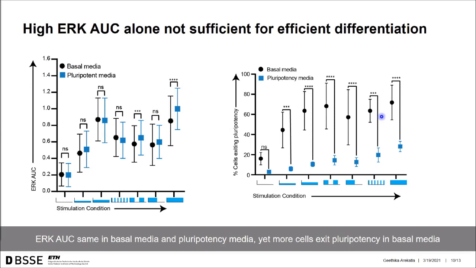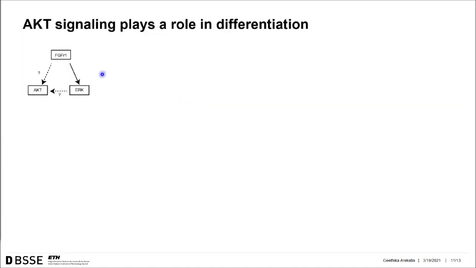So from this, what we concluded was that, okay, just having the high ERK is not sufficient. Something else is causing the difference that should explain the difference between the differentiation potential of cells in these two different media. And that's when we looked at AKT signaling, because in literature, while it's known that FGF is directly upstream of the ERK, with AKT, it's a bit more confusing, whether it's indirectly activated or directly activated. But because we could trigger the FGF response and instantly measure with a sensor, we could look at the primary responses of FGF activation on AKT.